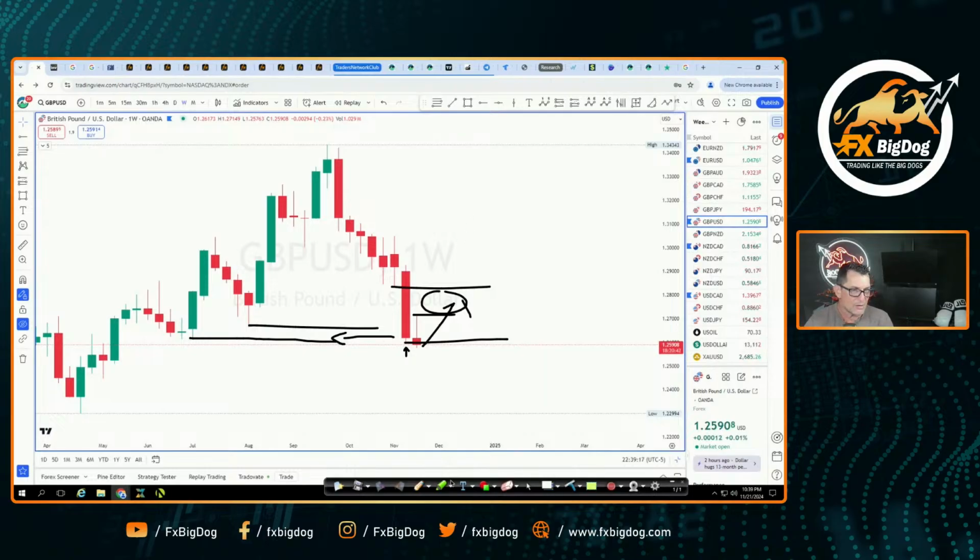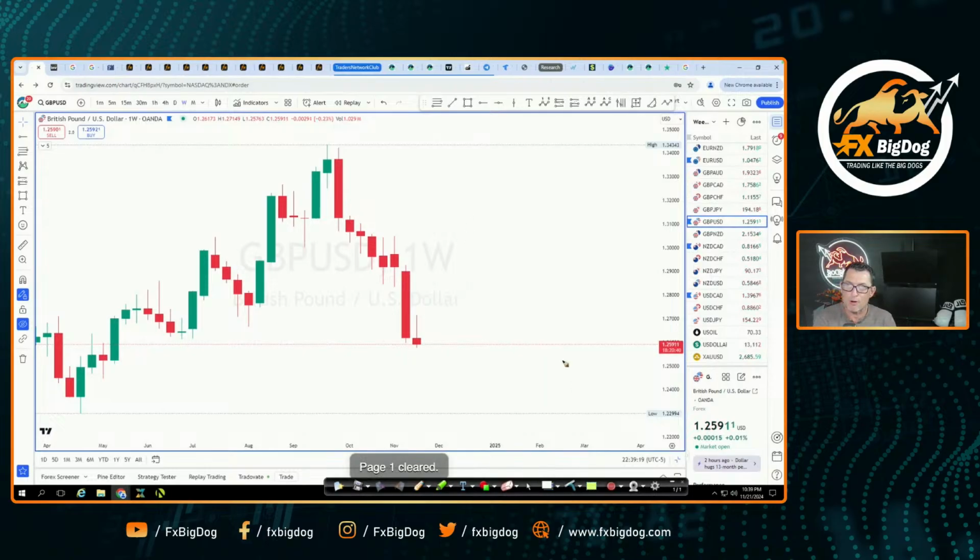Because traders, let me tell you why it will go up. Because this is how the smart money wants to get retail traders. It's going to go up because why? Because some retail traders are starting to turn their positions and say, man, this pound's going south. I should be selling it.